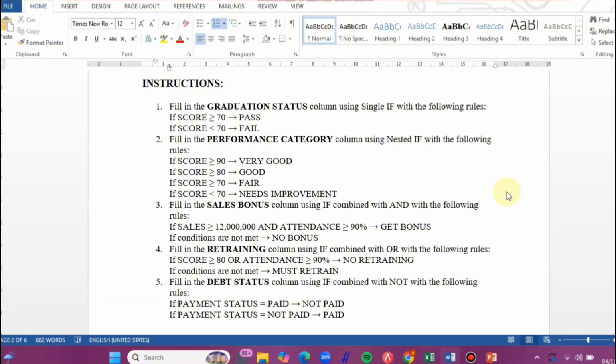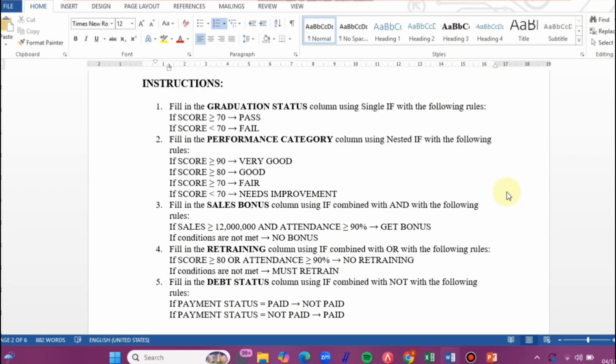Number 3, fill in the sales bonus column using IF combined with AND with the following rules: if sales is 12 million or higher and attendance is 90% or higher, will get bonus, and if conditions are not met, no bonus.